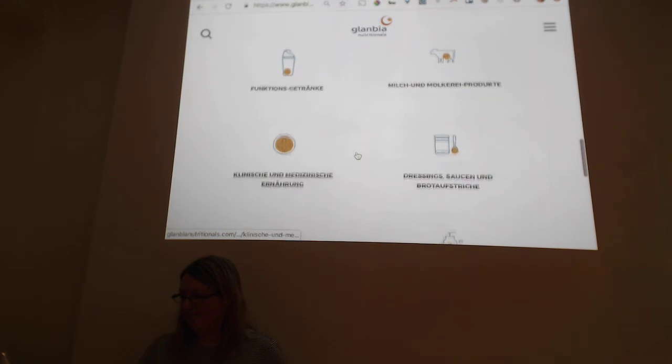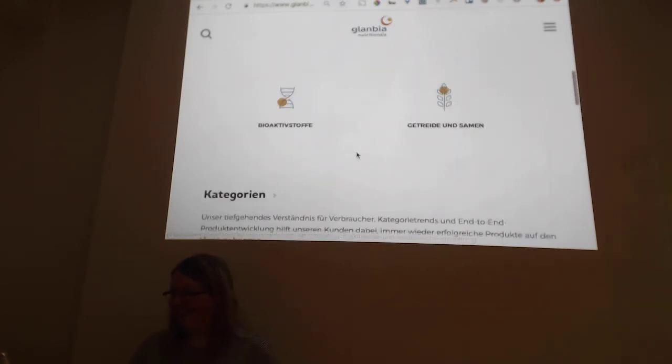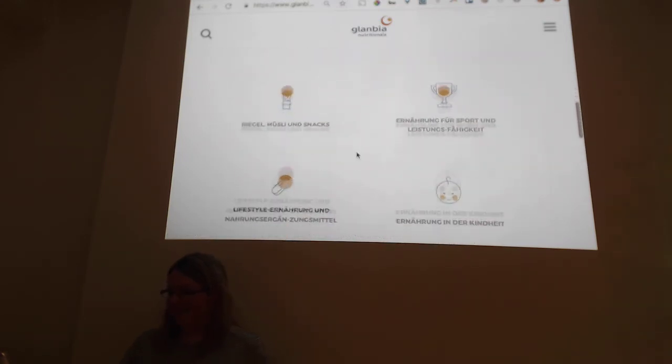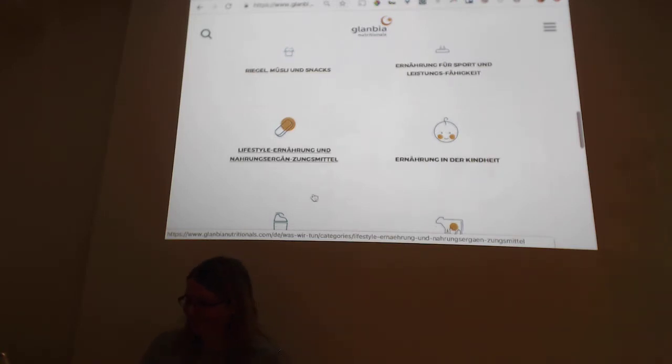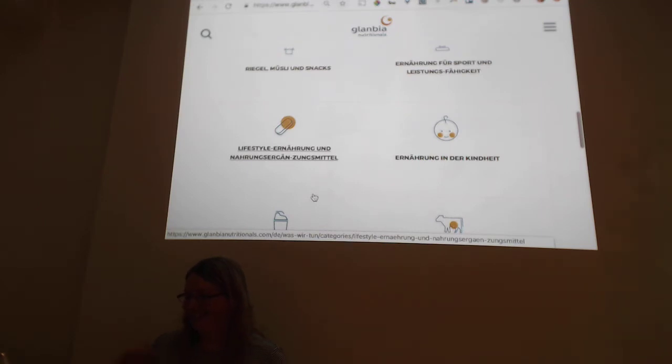Lifestyle, Ernährung and Nahrungsergänzungsmittel. There's a hyphen too many; that hyphen should be gone. Nahrungsergänzungsmittel. This is a word.